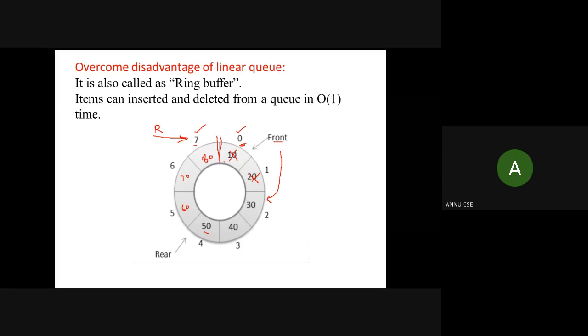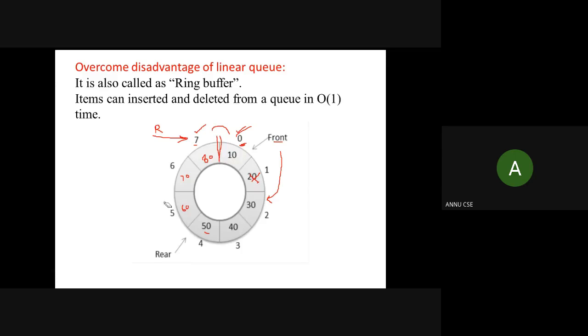To perform the next insertion, because these two ends are connected with each other, after 7 you can reset the index value for the rear, and the new value will be stored at this position.